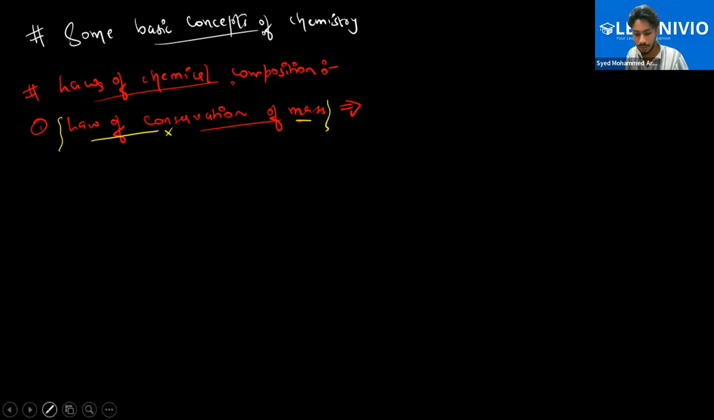The number of reactants is equal to the number of products. So can you tell me what? Mass of reactant is equal to mass of product. A very simple law: the total mass on the reactant side is going to equal the total mass